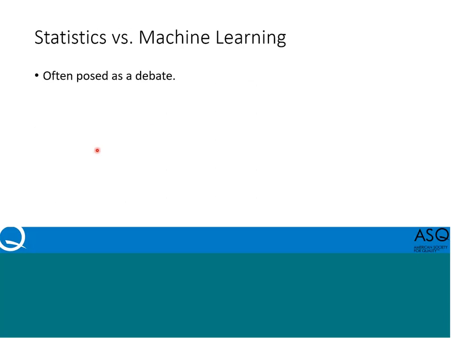And as I said earlier, statistics and machine learning are often viewed as opposing sides, where there's often this versus, as opposed to what I like to view as an and, statistics and machine learning. So I'll just restate that I'm not trying to tip the scales towards statistics or machine learning, but I just want to make you aware of what the debate has been and then leave you with